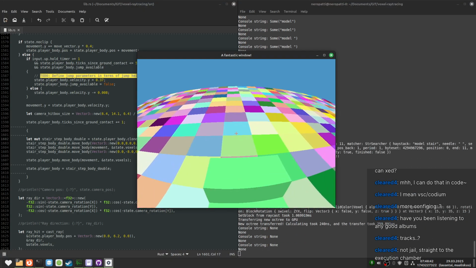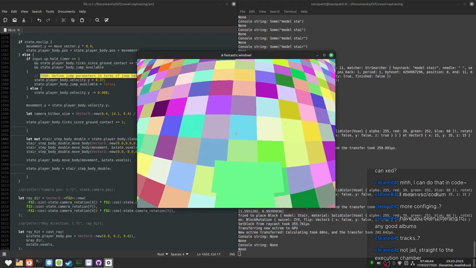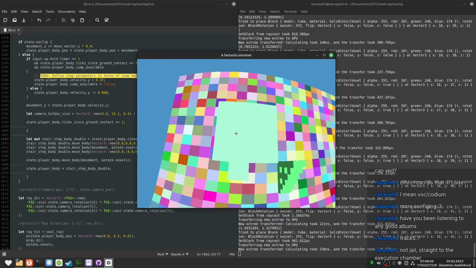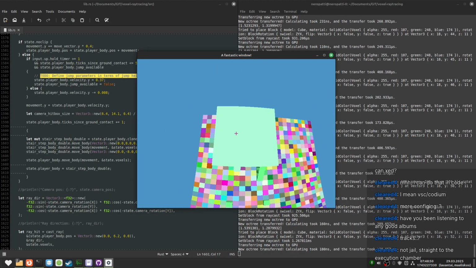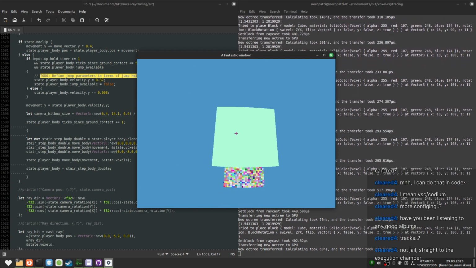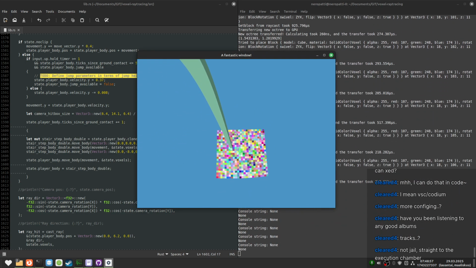If we have stairs, then... Oh wait, I can just place blocks under myself and it will just push me on top. That's amazing.